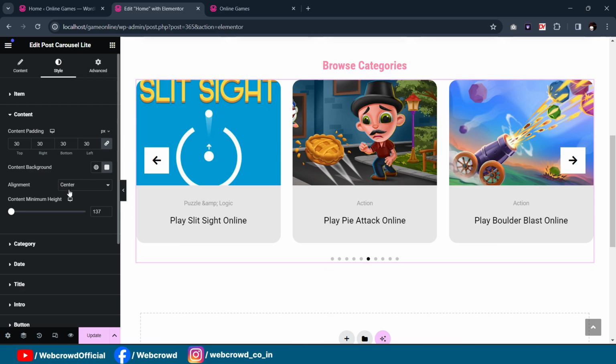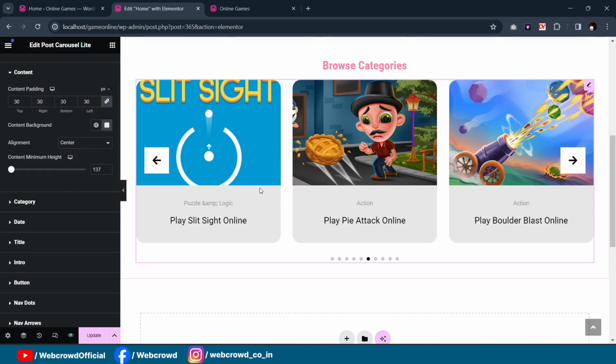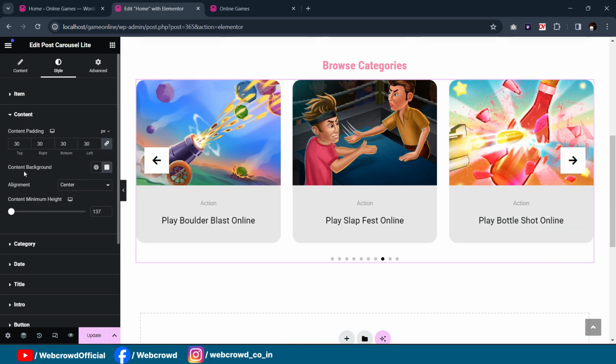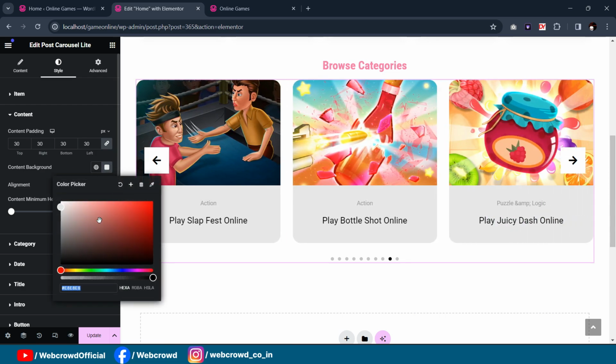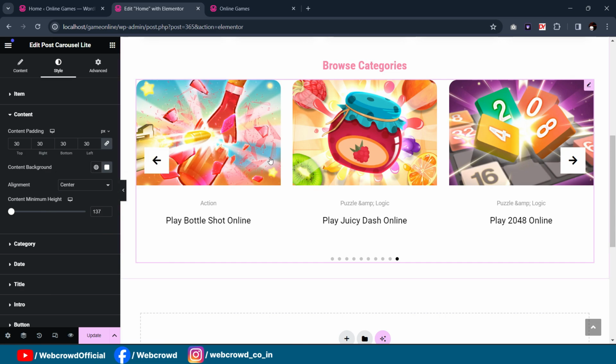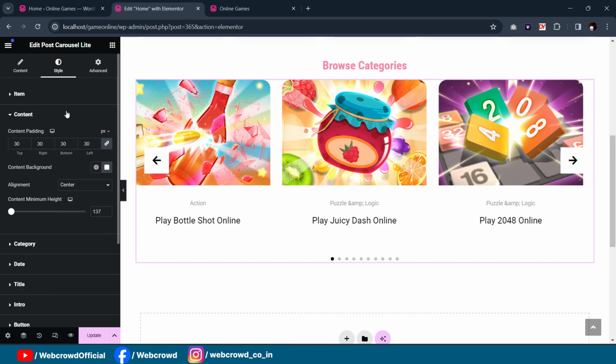Okay, now we will change the background color of this card. To change the background color, here you will see the content background. Okay, inside this content, set it to white. After that we have to give a nice shadow effect. So to give the shadow effect, just go